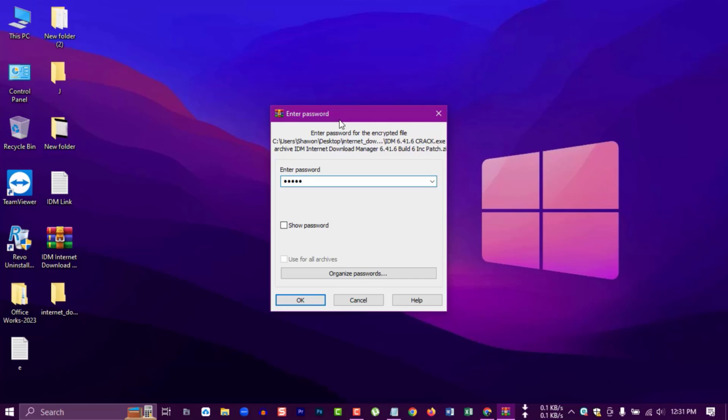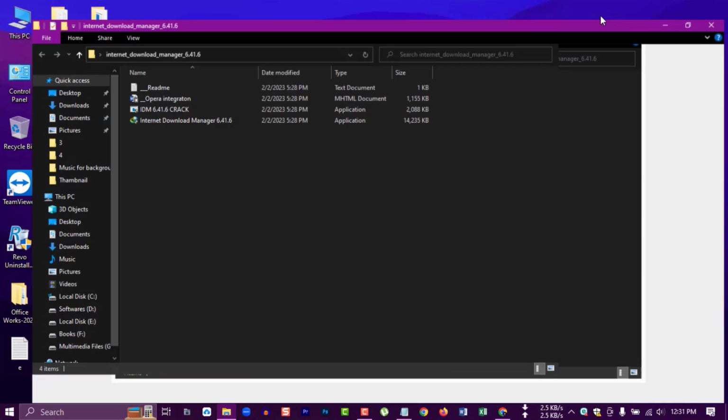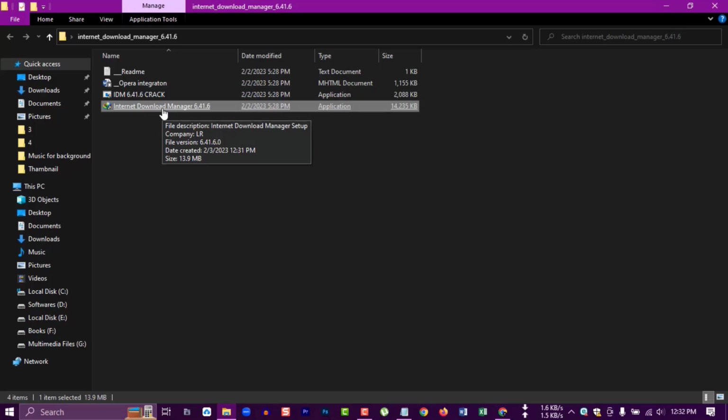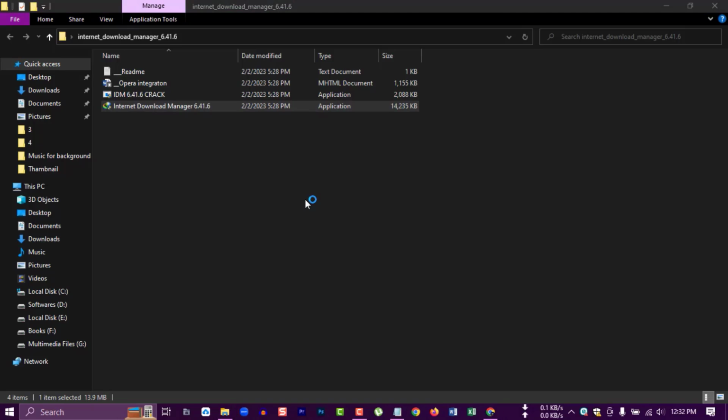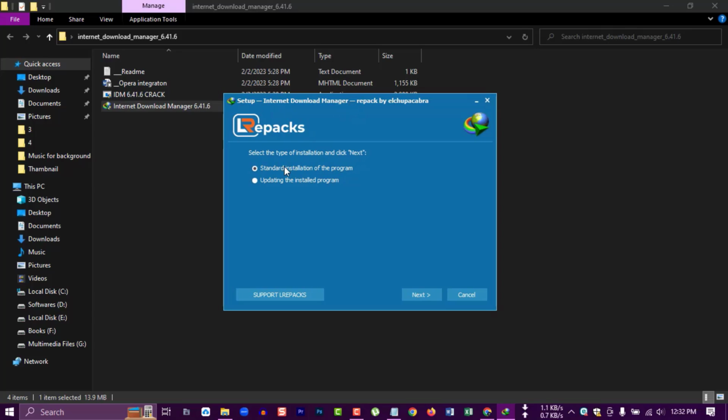Look, this file is now extracted, and click extracted folder. Now you can see Internet Download Manager file. So click on it, click yes. Here you can see two options: standard installation of the program, updating the installed program. So I'm going to select standard installation of the program. Click next, click continue installation,